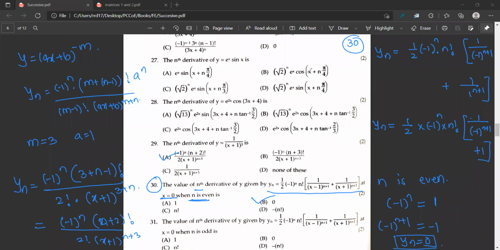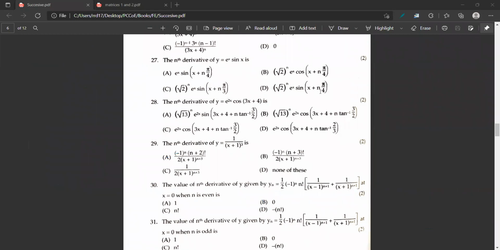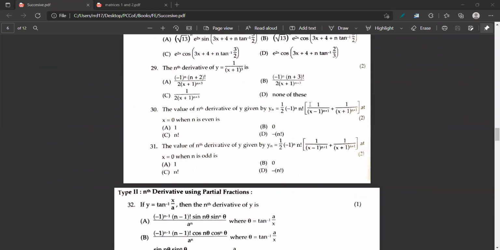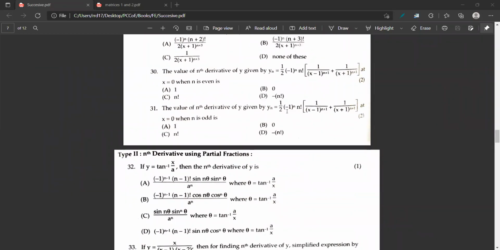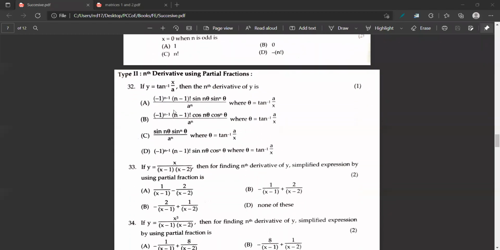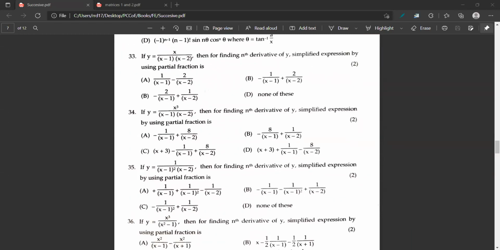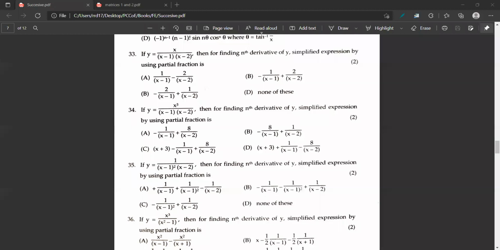Okay, fine. Now let's look at this. This one you can do in exactly the same way. Again, I have explained the formula, just go through them. I'll go to the partial fraction directly. So firstly write this in partial fraction form, and then you can use the yn formula. So what is the partial fraction form of it? x upon (x - 1)(x - 2), we get a upon (x - 1) plus b upon (x - 2).